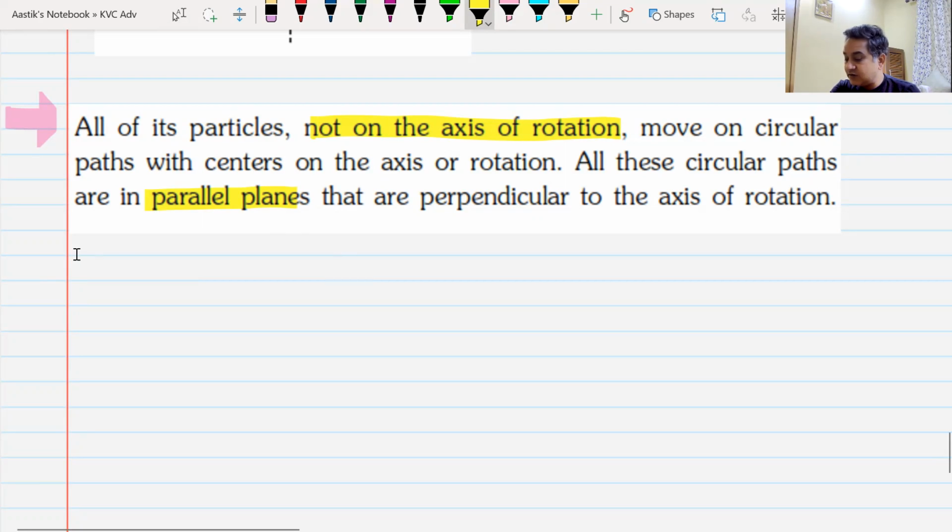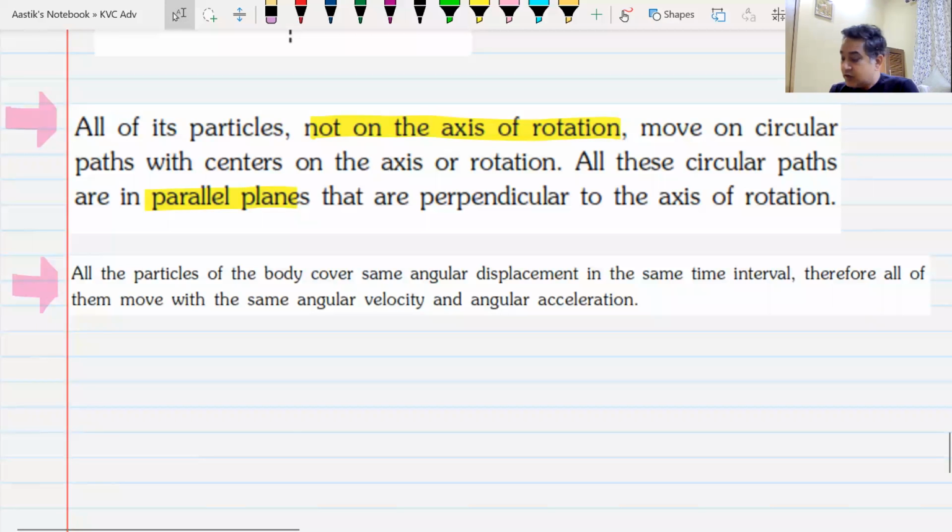Do we understand this, or has this gone above our head? We understood, sir. Okay. Why am I putting so much effort into making you understand this? Because it is important that you understand what pure rotation is, and that this translation concept should not come into your head. I will tell you all those points, then you can write them. Let me just carry on. Just listen to me, then you can write.